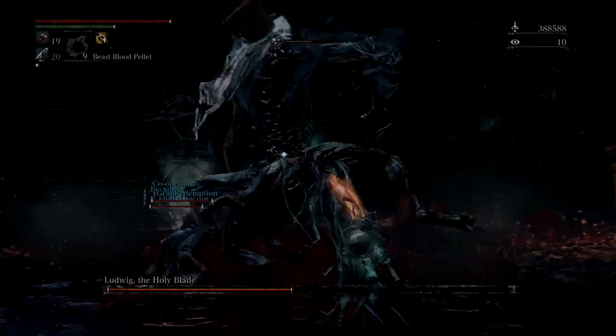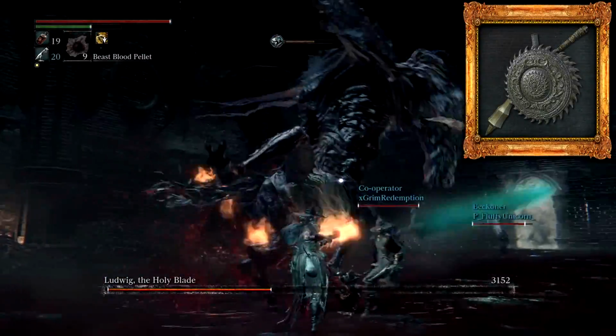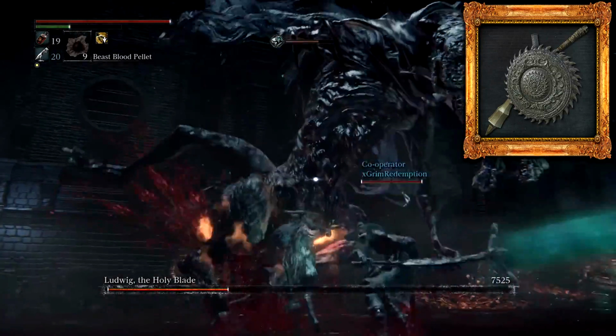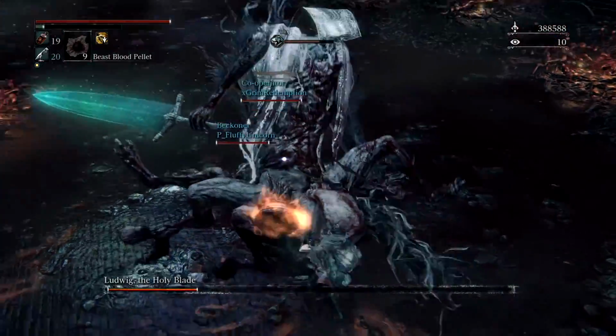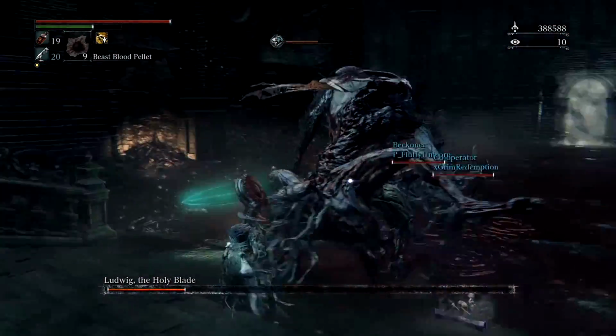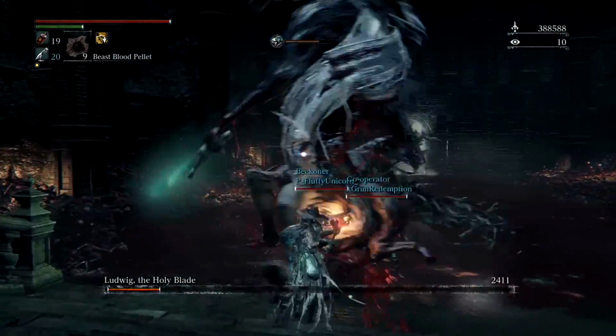The Whirligig Saw, hands down the best PvE weapon in Bloodborne and arguably the best strength weapon too. The Whirligig Saw can be found early in the DLC and you should grab it if you are planning to have a strength character. It is wielded by...